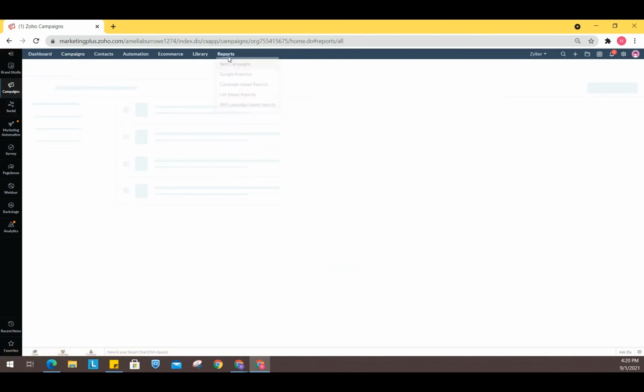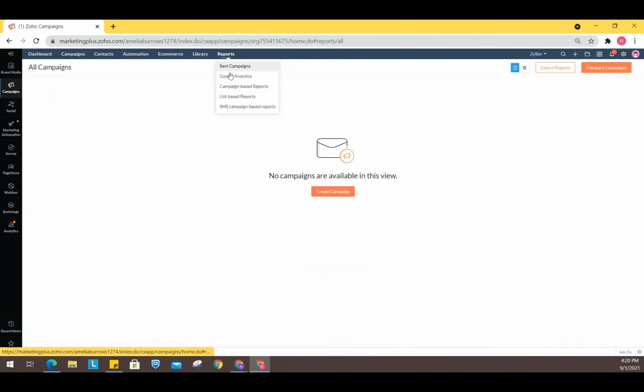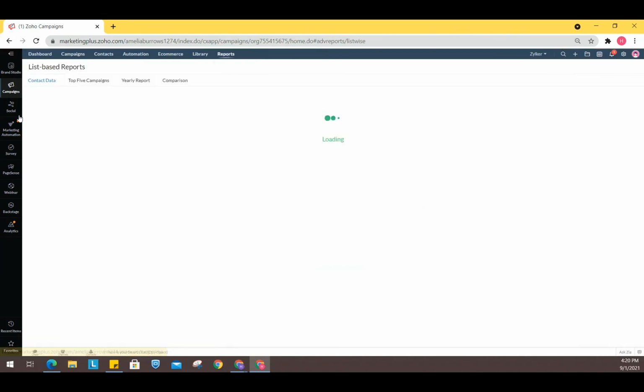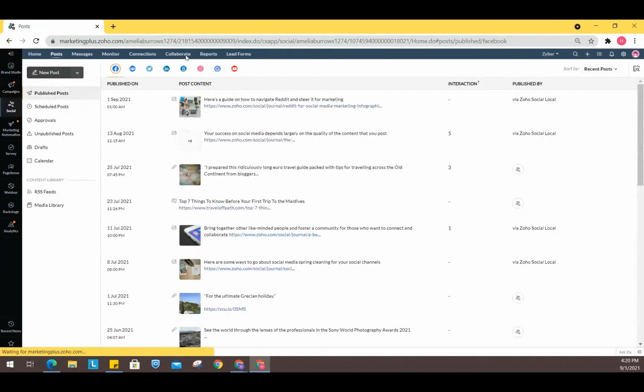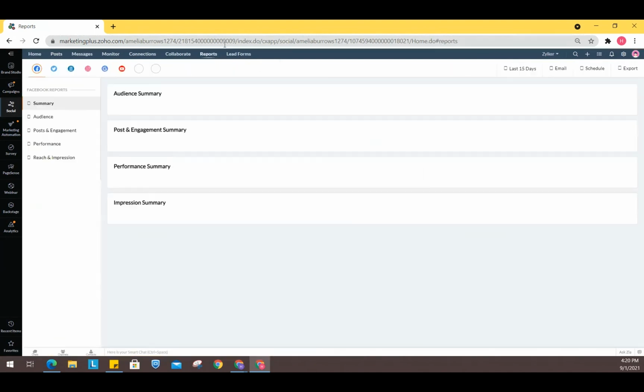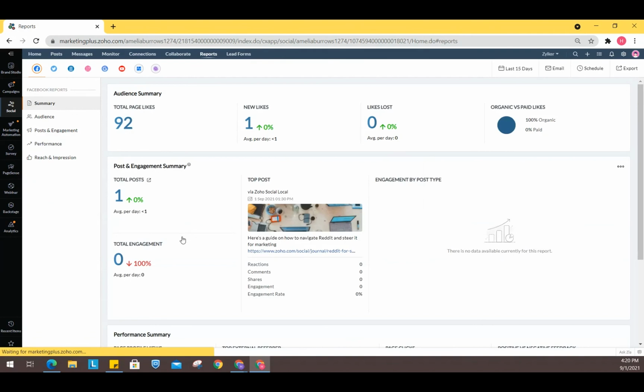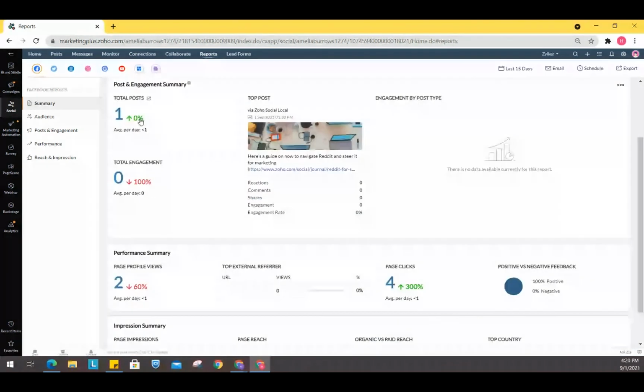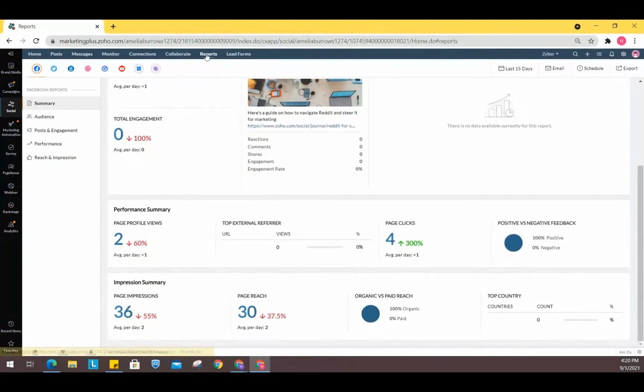You can go ahead and see the sent campaigns reports, list based reports can be fetched. And even in social, you can see the reports in here. You can see the audience summary, post engagement. So you also do have the reports module in social campaigns, etc.